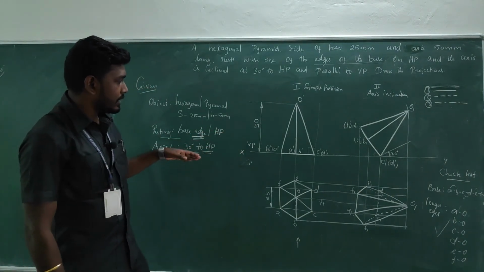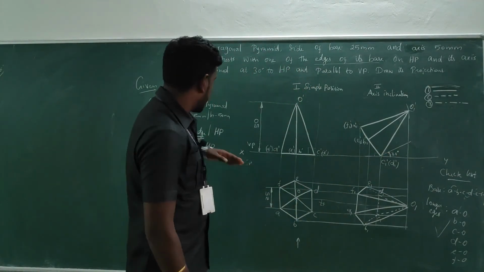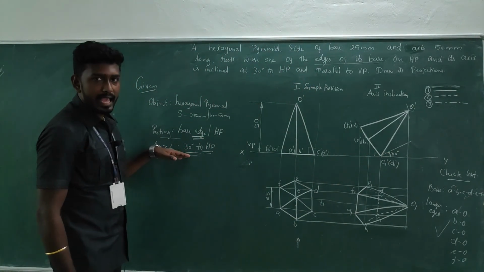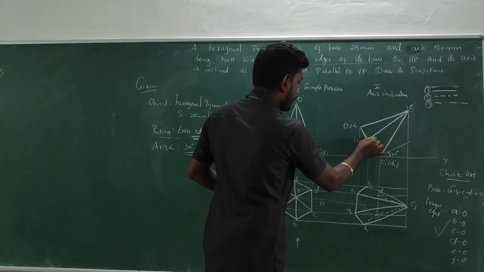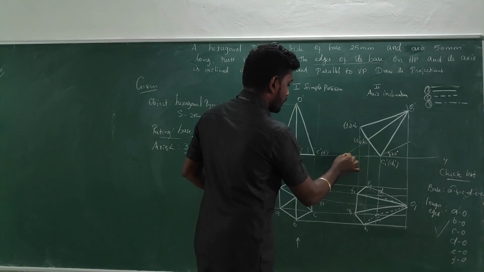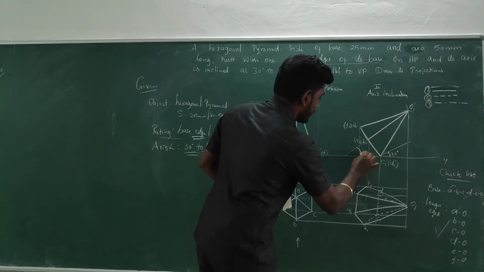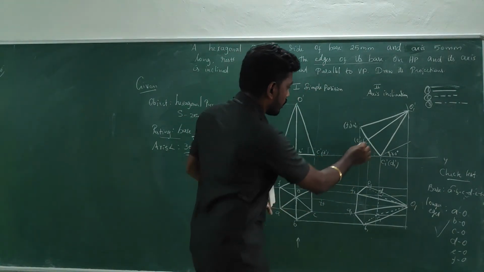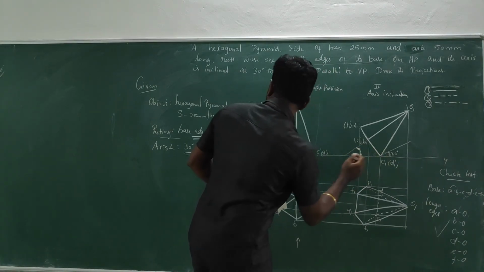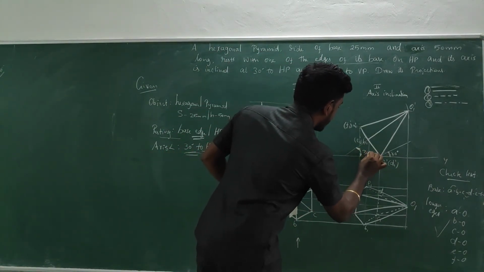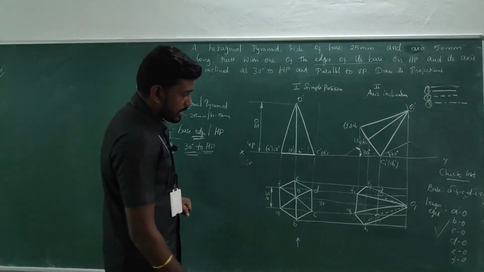Okay, and then inclination. So I have shown here, but the thing is it is given for the axis. Axis is here, okay, which is behind the visible edge. So by extending the line from the point of B, by making like this, I'm going to write the 30 degree. Okay, so everything I have completed.